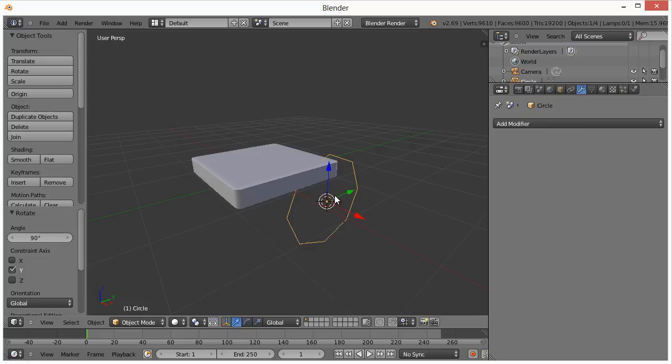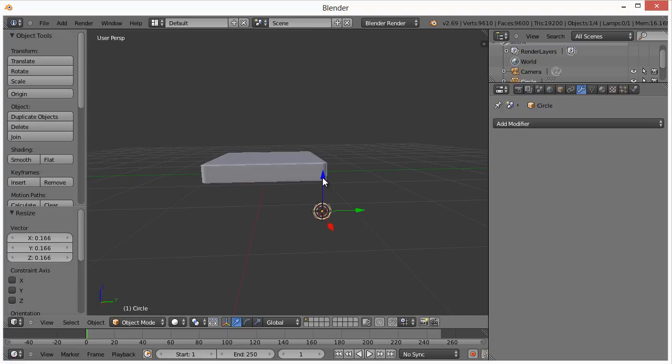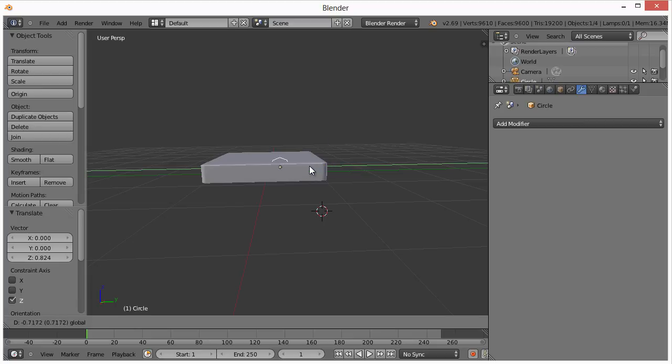There we go. And basically R is for rotate, and then you have your axes right here, which you can make them rotate on those by hitting that key. And I want to hit S for scale. I'm going to scale this thing down quite a bit. We can see it's like not in the correct position, so we can just use these and